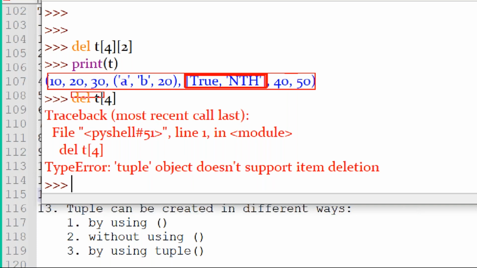The del statement is used only to remove the entire tuple, but not tuple elements, because the element type here is list. The list is part of the tuple, so it's not possible there.